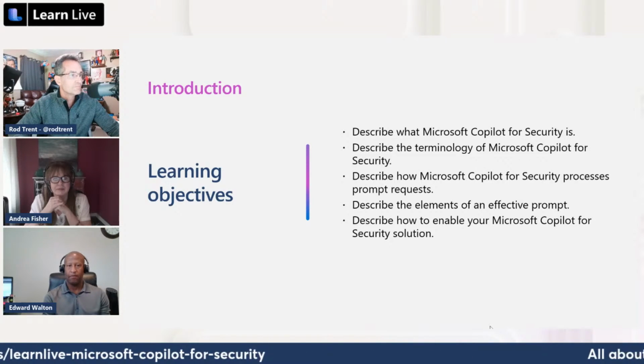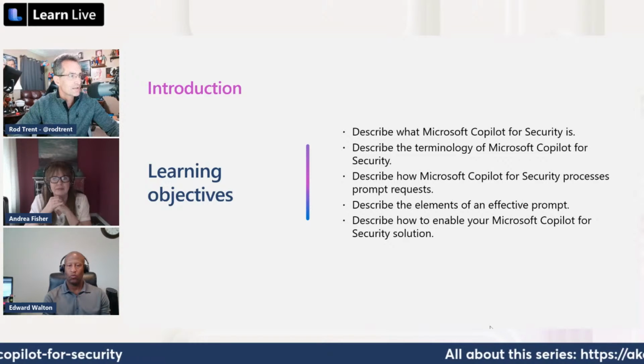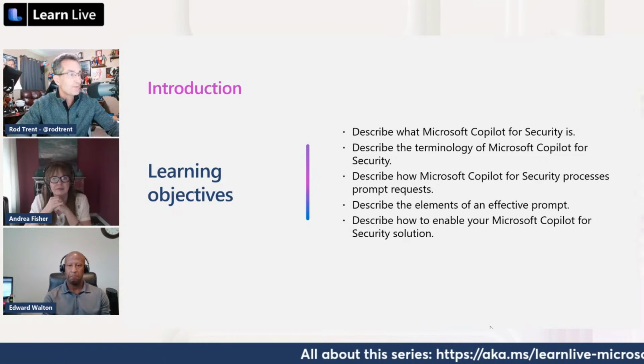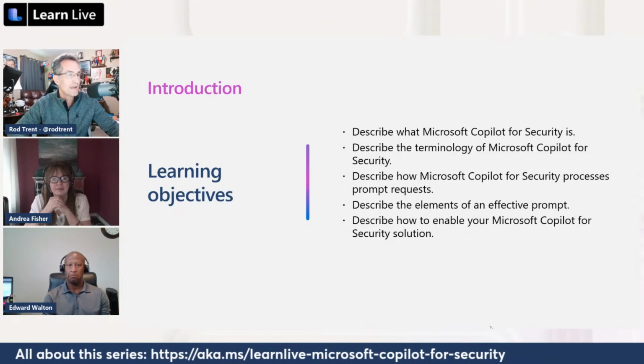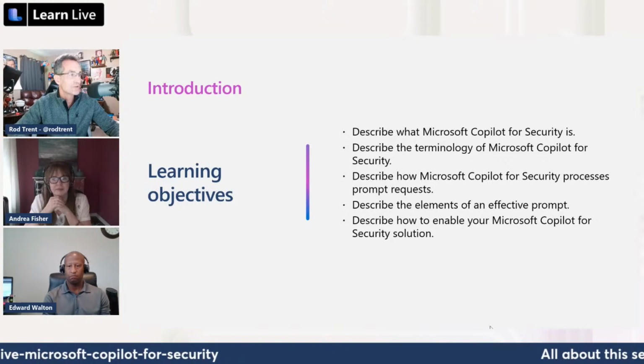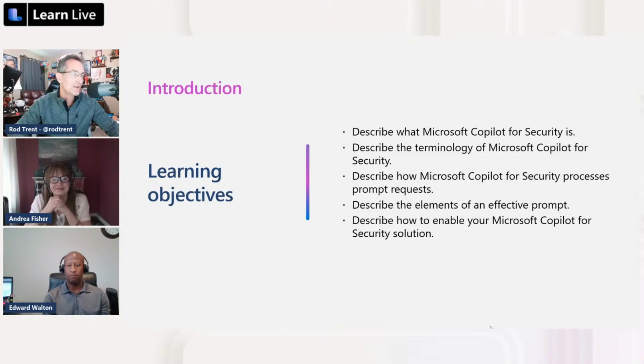For sure. So here's what we want to accomplish today. We will accomplish this, I promise you. We'll probably accomplish a lot more than just these bullet points, but this is what is in that learn path. So talking about what Microsoft Copilot for Security actually is. I'm sure a lot of people have their own sense of what they can do with it. We'll define that just a little bit better. Talk about some of the terminology that you'll use as you jump through the screens in Copilot for Security. We'll introduce you to some new terms and a couple that aren't even in the Learn Path that are actually super necessary to know.